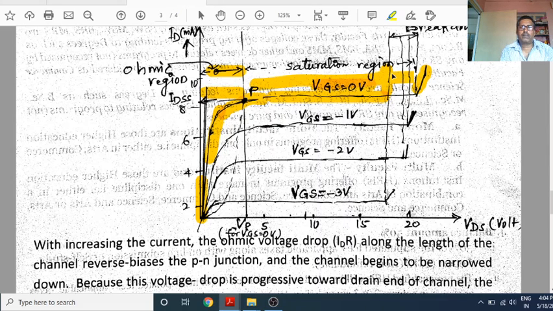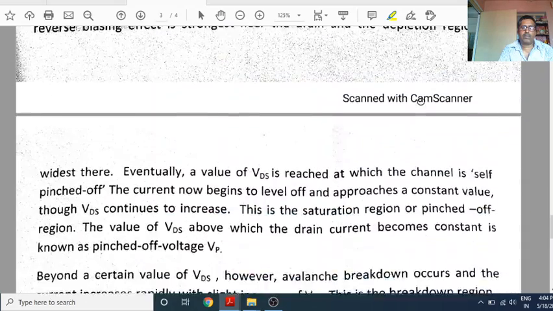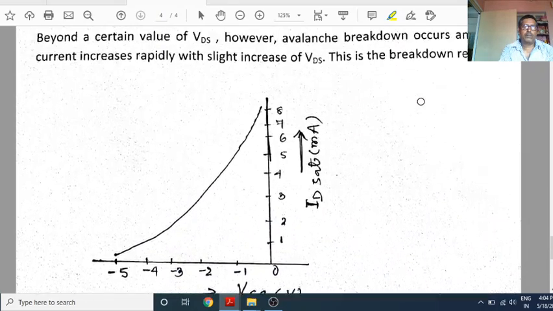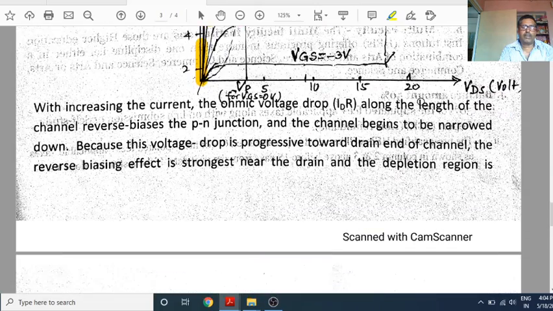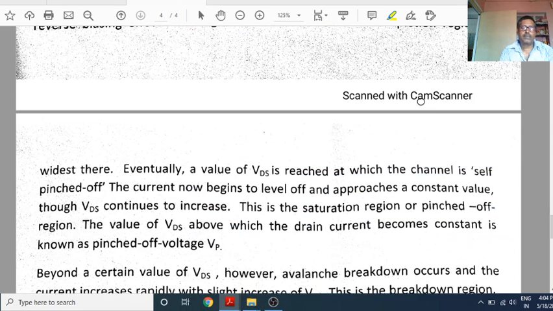Now this is the breakdown region, because here there is a sudden large increase.